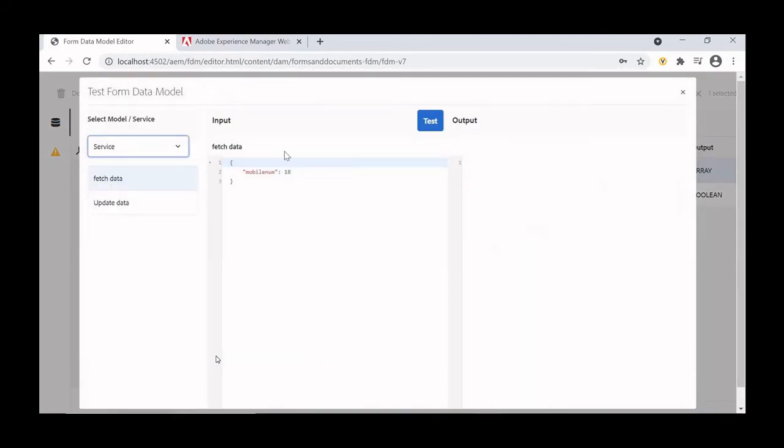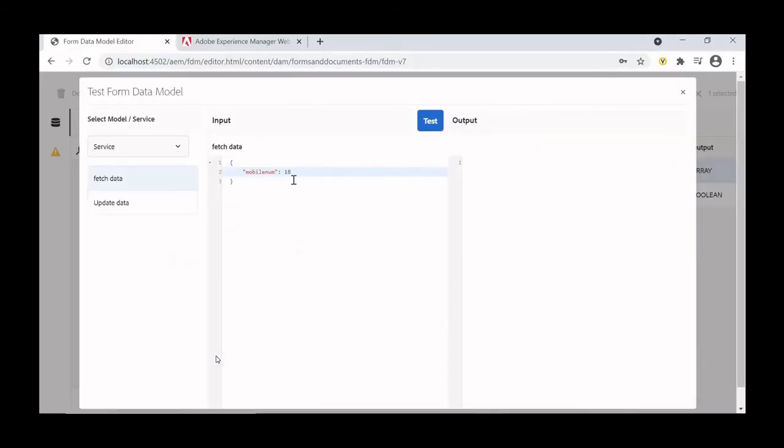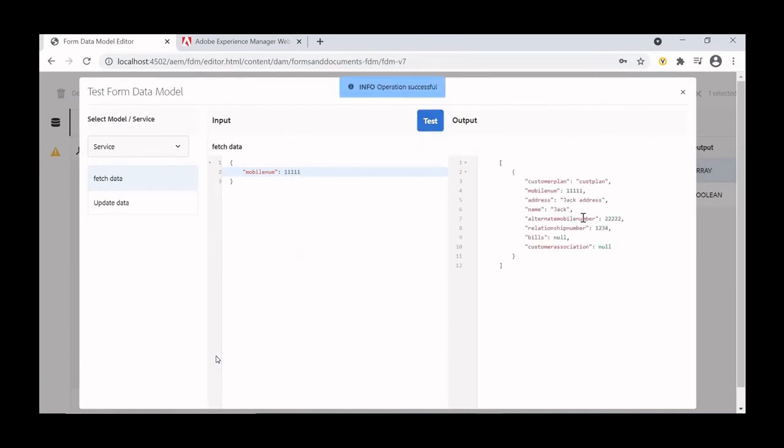So we'll test the service, and let's copy the mobile number. Now we are getting the value.